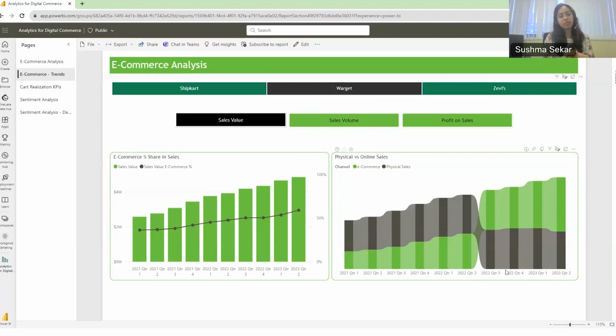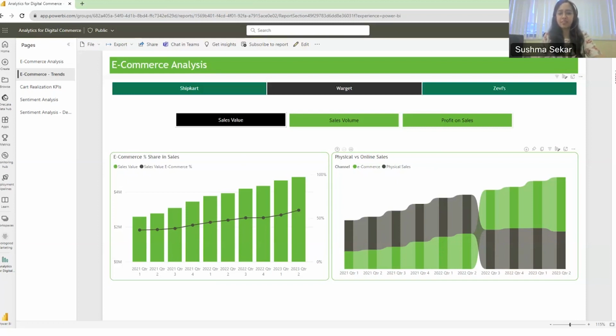Another thing you can do is track your sales by country or region as well to see if there are specific regions that you might need to focus on to improve your online sales. So is there a brand that's doing better in a few geographical areas as compared to others? Is there more demand in that area, and so on.